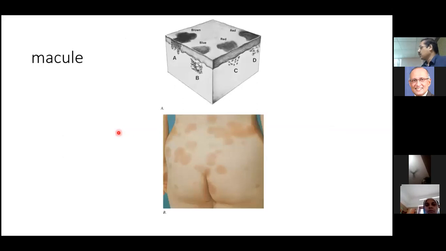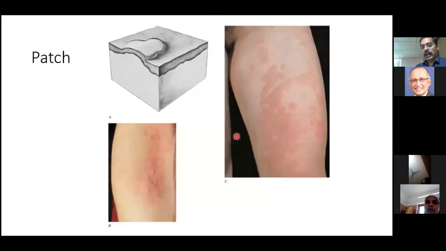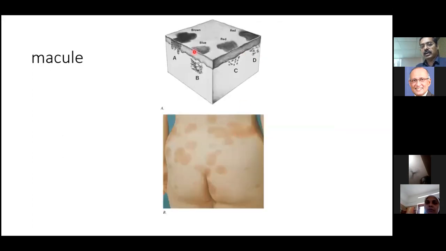So this is how a macule will look. It's flat, right? Ideally, I would say that this is the ideal macule, the red one which I've shown. Some of them have joined together to form a large patch, in fact. And you will notice on top, I have shown line diagrams wherein you can have brown macules, blue macules, red macules. So different colors can occur in macules. And also notice that hardly any dermis is involved and it is largely involving the epidermis.